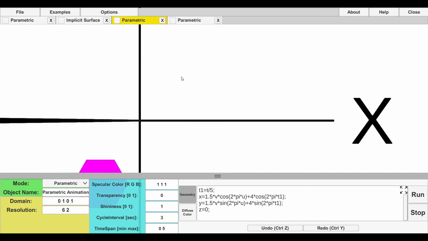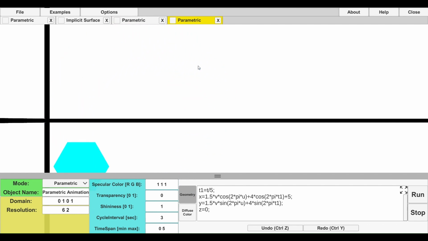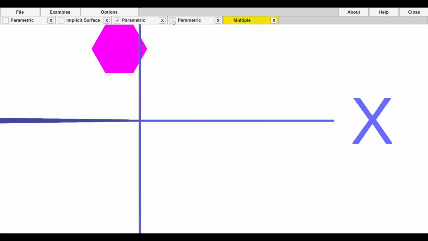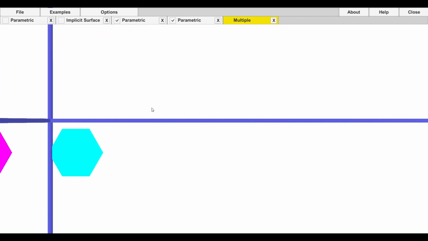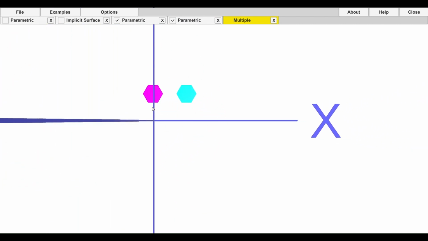Now, let's see a new type of shape, which is an animating object. And here we have a pink hexagon shown. And I've also created another animating object, which is a blue hexagon. And allow me to click on the checkbox for both of them. And we can see that in this case, the software will now synchronize their timing to ensure that they start